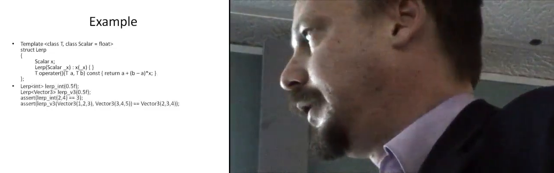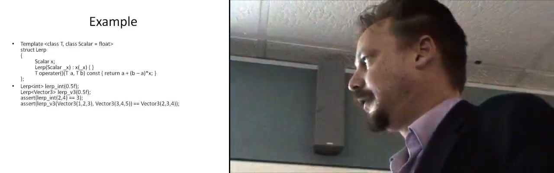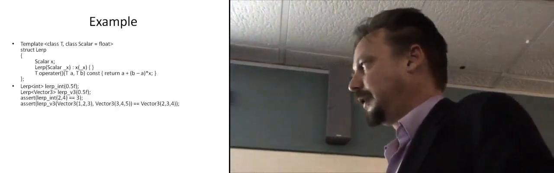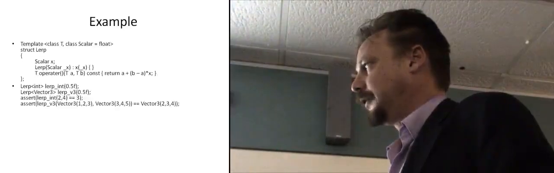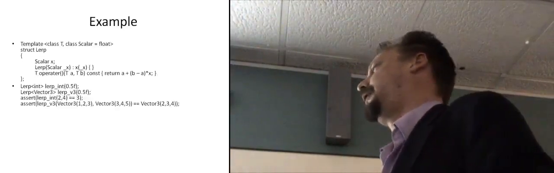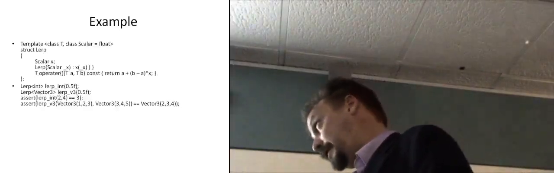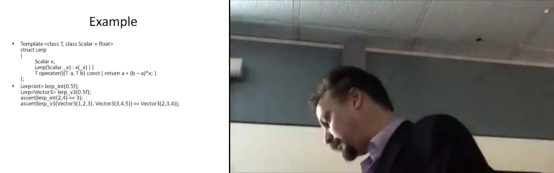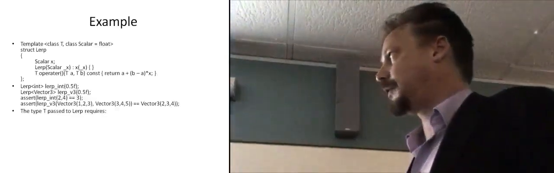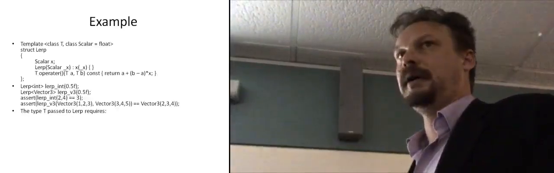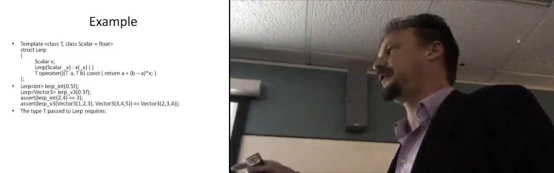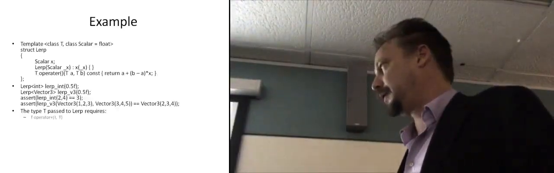So we've got linear interpolate ints constructed with 0.5. Interpolate a three-dimensional vector by half. Assert that halfway between 2 and 4 is 3, and assert that halfway between 1, 2 and 3, and 3, 4 and 5 is 2, 3 and 4. That's not interesting. What is interesting is what are the requirements of T. And what we're about to do is to define the concept that T has to model. In this case,